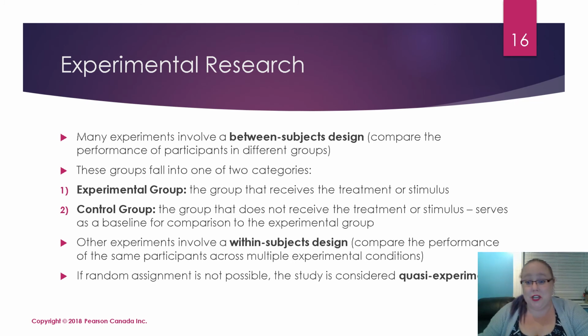Maybe at a certain point you've had too much caffeine and then you can't concentrate at all. So in certain situations you might have multiple experimental groups. But in order for it to be considered a between subjects design, you're going to have at least one experimental and one control group. Other experiments involve a within subjects design. So that's basically comparing the performance of the same participants across multiple experimental